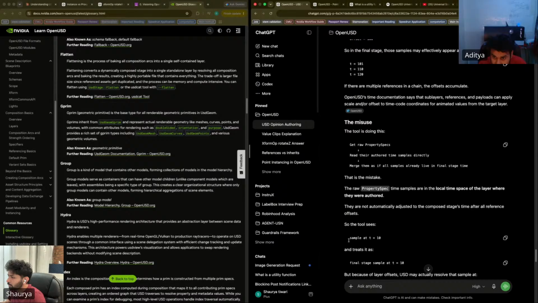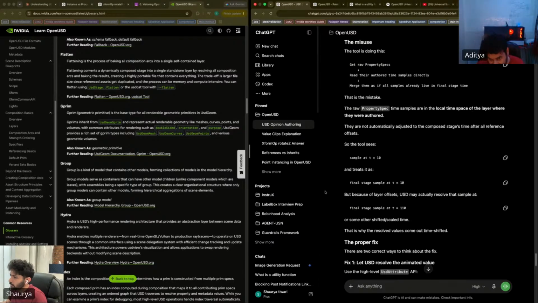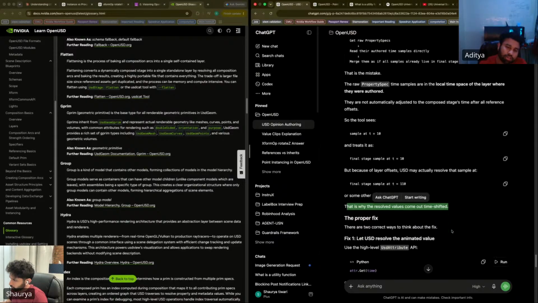So the tool sees a sample at t equal to 10 and treats it as a final stage sample at t equal to 10. But because of layer offsets, USD may actually resolve the sample at t equal to 110 or some other shifted or scaled time. This is why the resolved values come out time shifted.